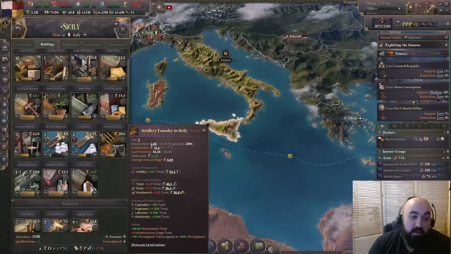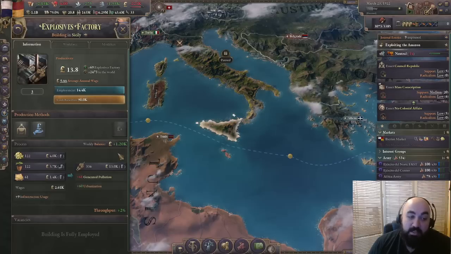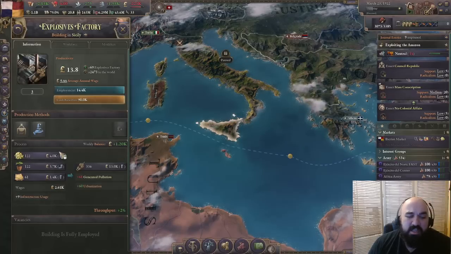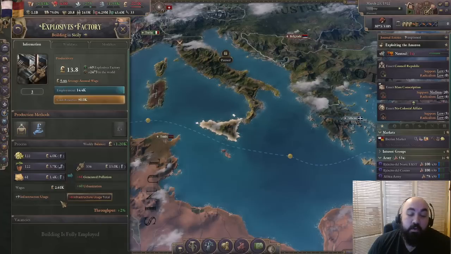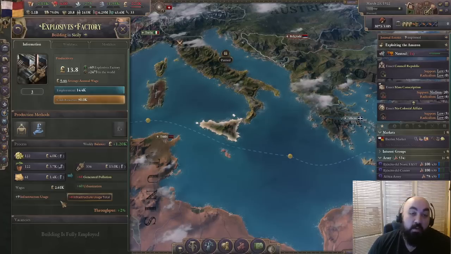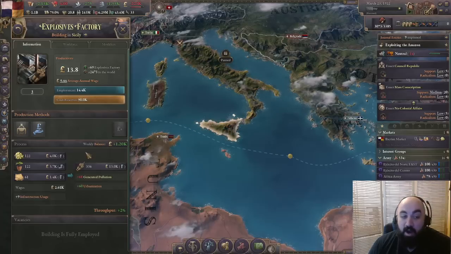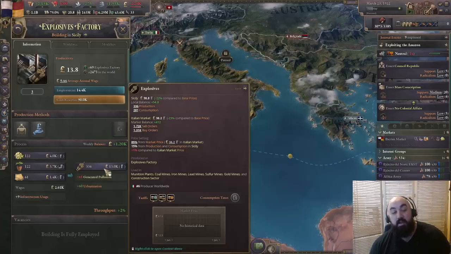And then explosives you will often want to have in various other places besides sulfur places, but they are going to be the best in sulfur places. They used to take in iron and coal. They don't anymore. You're still going to want to build them in those places from an input perspective, but also because they are inputs for the mines, and so it will have a high price, and so it'll be more profitable, but they will be extra profitable, in particular, in the areas you have